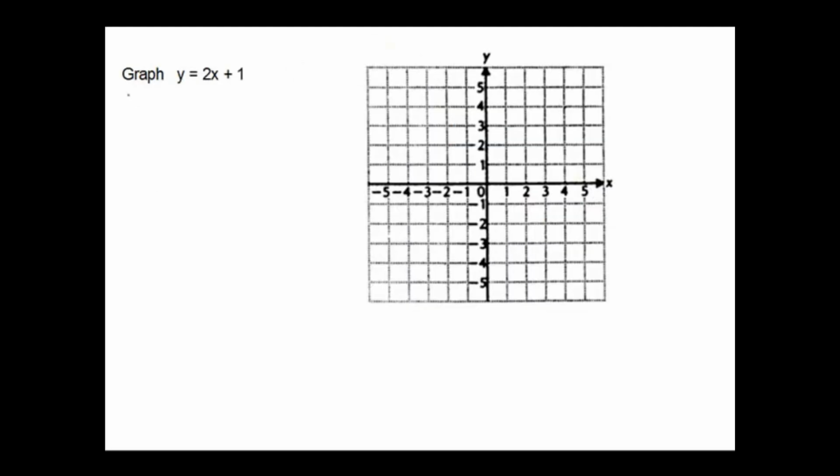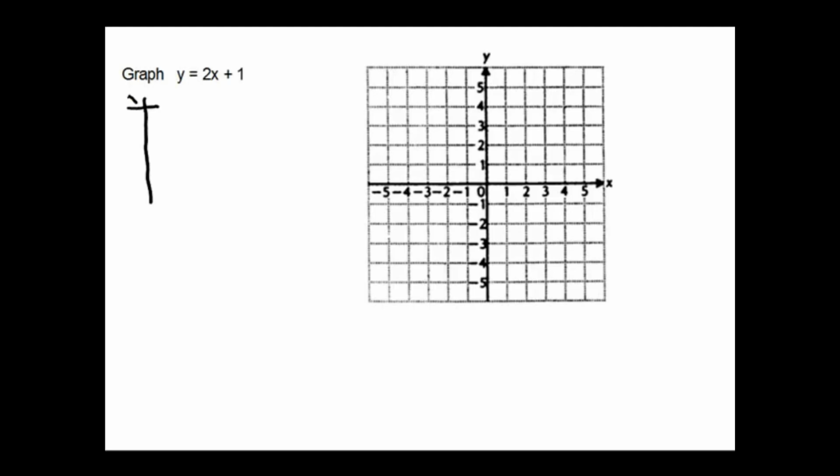Let's graph the line y equals 2x plus 1. We will also do it by finding a table of ordered pairs that make the equation true. With this one, it's not so easy just to look and see what makes it true. It will be easier to substitute into one variable and solve for the other one. We should substitute into the one that's not isolated. So we should substitute into the x. So we'll make a table,